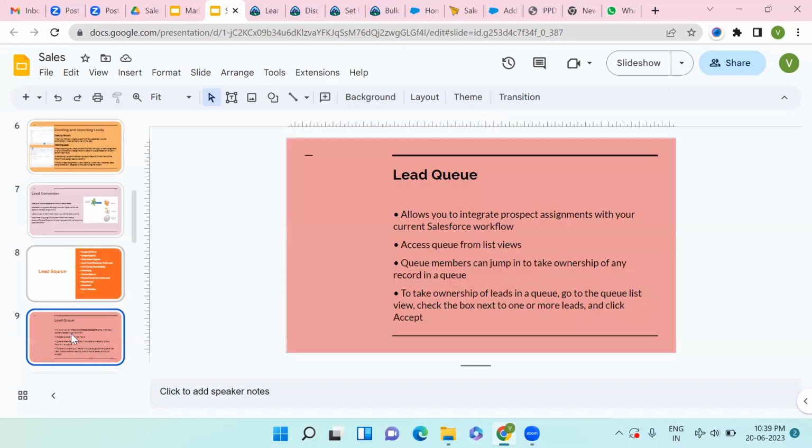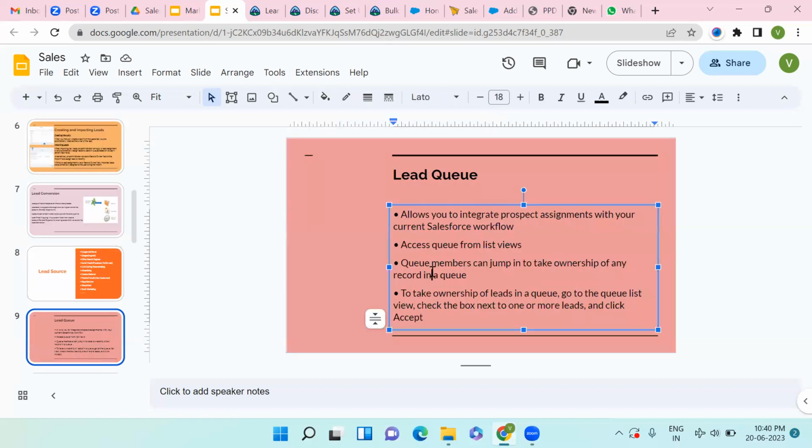And second, the lead queue. Now if you have generated a lead, what will you do with that particular lead? You have to engage with it every time, and make sure that it converts into your account, contact and opportunity, so that your company will generate revenue.